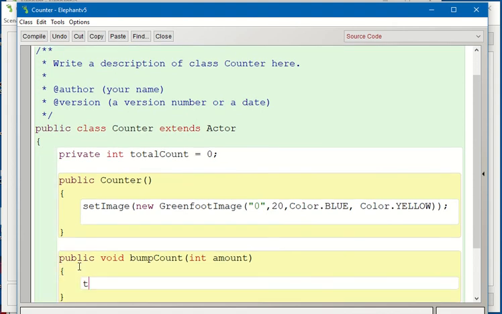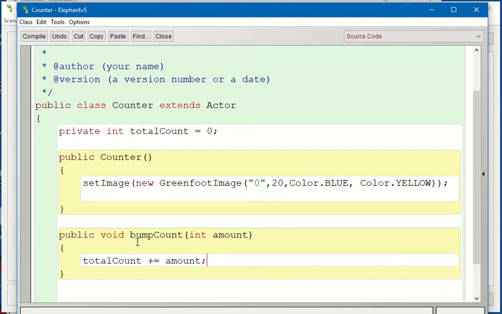The method called, totalCount plus equals amount. I'm going to send a parameter when I call the counter. It's going to be the amount. Okay, so we're going to put in there,